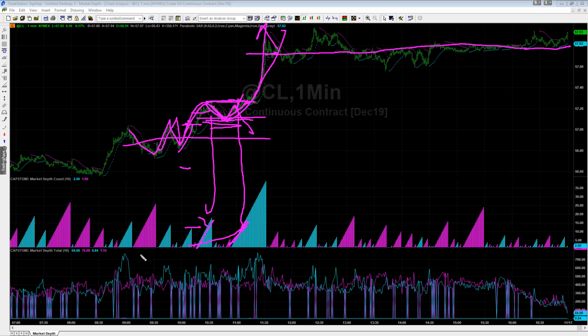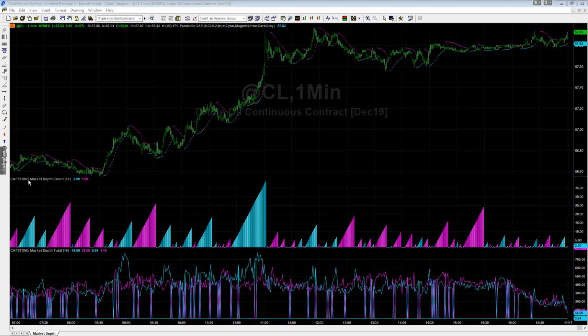And you kind of have to hit that reset button. There are purples, but at 9 a.m. you have a blue, and then you have a purple, and blue, and then on this third one, you might start looking to take the breakouts with tight stops. And that would have paid off yesterday. Using the market depth indicator for confirmation to take those breakouts can be one of the best ways that I've